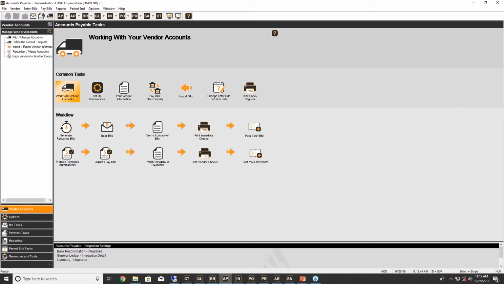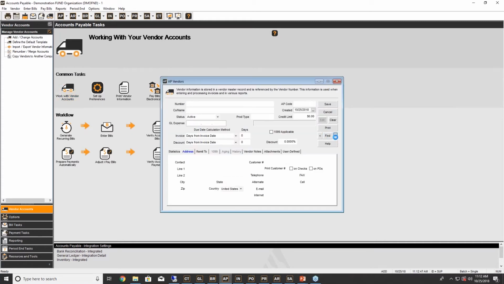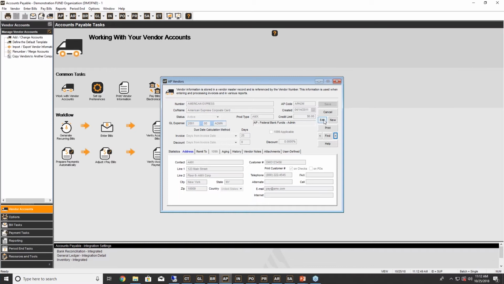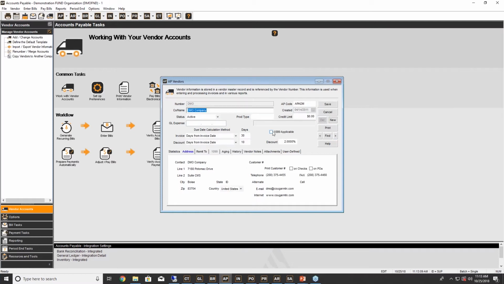Your vendor tracking is done here in Accounts Payable. You can set up all the information you need for vendor tracking as needed: vendor name, address, information, vendor terms. You can also track vendors for 1099 processing if you need to process a 1099 form for any of your vendors. For example, if I have a vendor here, let's see if I can find one. Here we go. If I have a vendor I need to track 1099 information for as I pay that vendor,